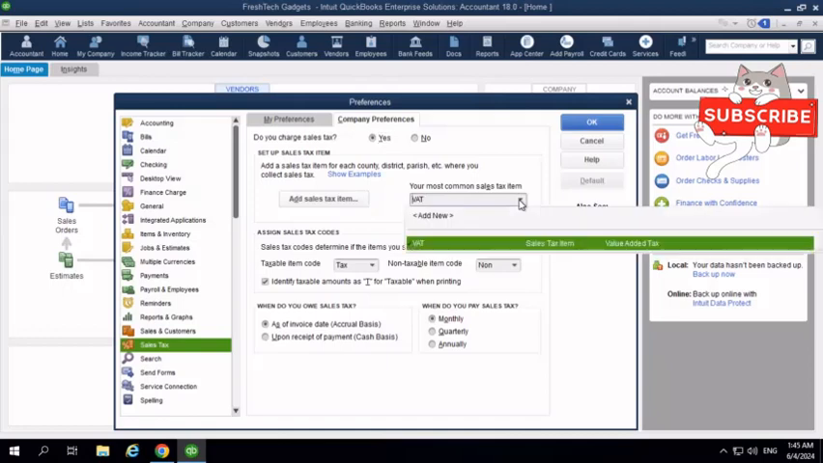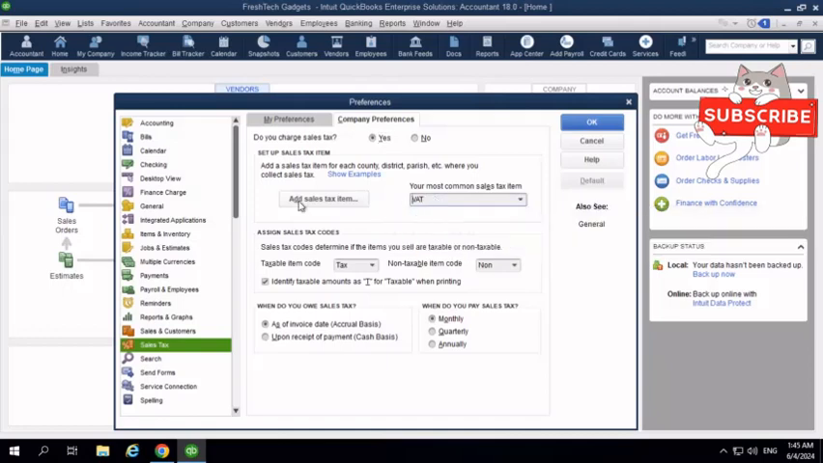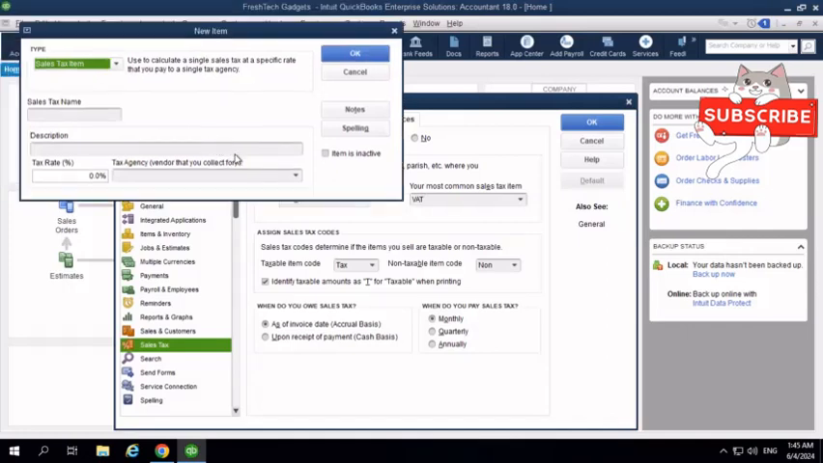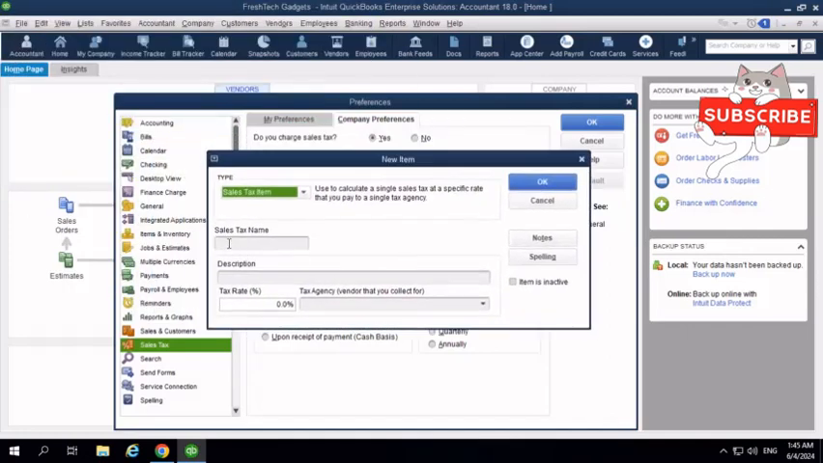I had already created it, so I've got this item. If this item was not here, I was going to click on add sales tax item. Then I was going to have this window whereby it will actually ask me to add a sales tax item. Then I could just click there. Then when I do that, I could then come here, give it a name. In this case, it was going to be